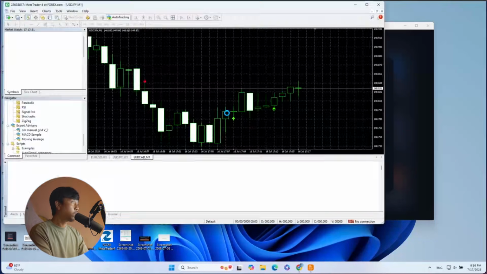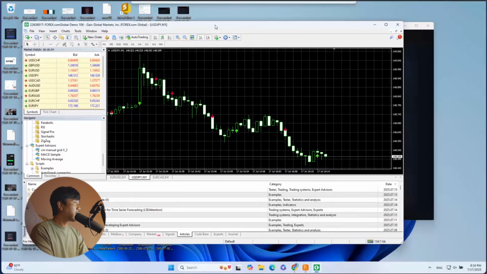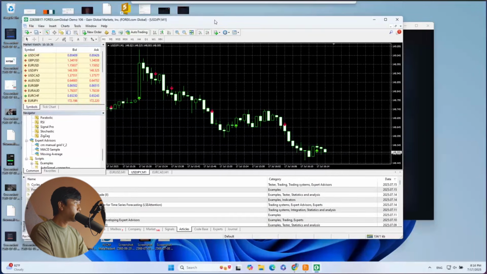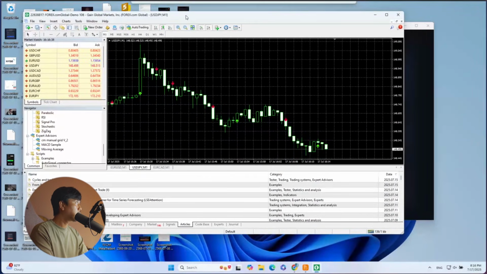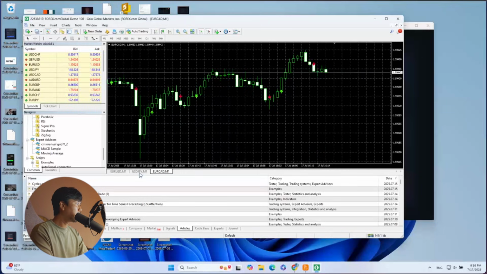So I created an MT4 with a Forex account. It's forex.com. The reason I like to use forex.com is because the server is very stable and it works very smoothly with my indicator. And okay, so the first thing, before we start sending out the alert, you need to have